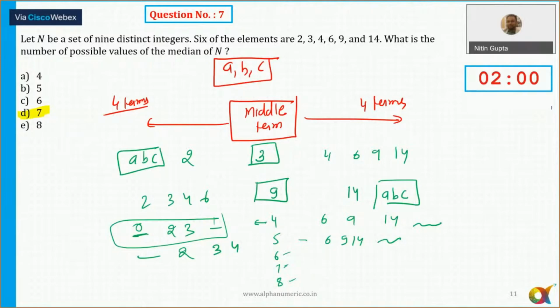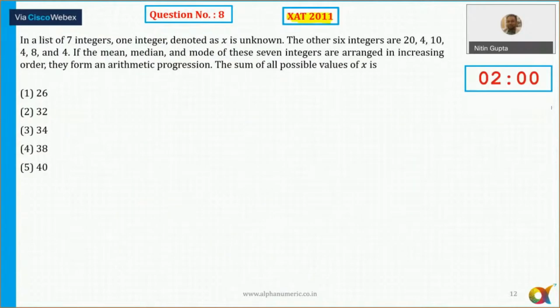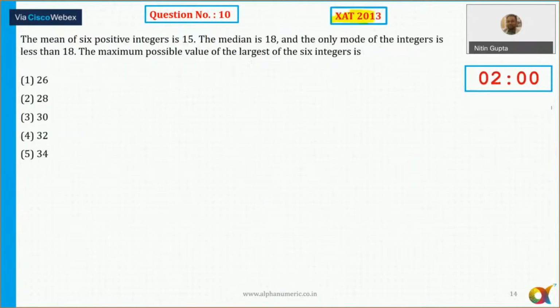So tell me, guys, what do you want as a sectional test? Yes, that is what I'll also prefer. So that you can see that in a group of 20 to 25 odd questions, are you able to do the question based on mean, median, or mode or not? And like I saw, one of the questions already, the XAT 2011 question, is on similar lines.